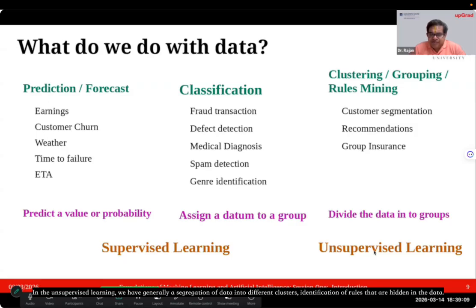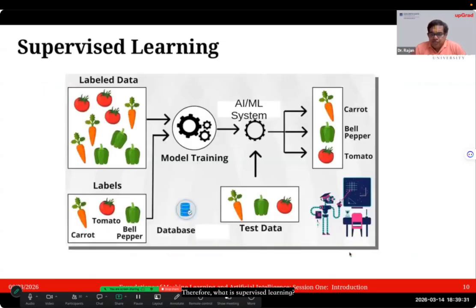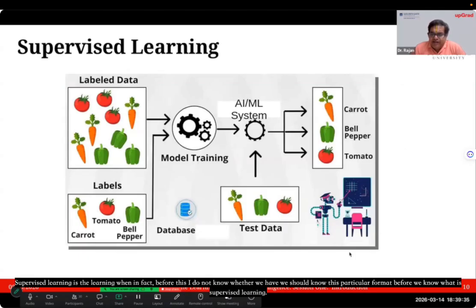In unsupervised learning, we generally have a segregation of data into different clusters, and identification of rules that are hidden in the data. These are the two common ideas that we will learn in the unsupervised learning domain. Therefore, what is supervised learning? Supervised learning is the learning when,